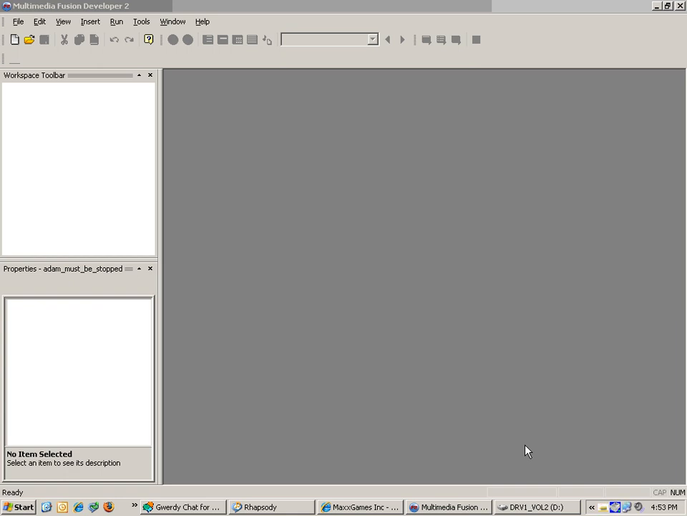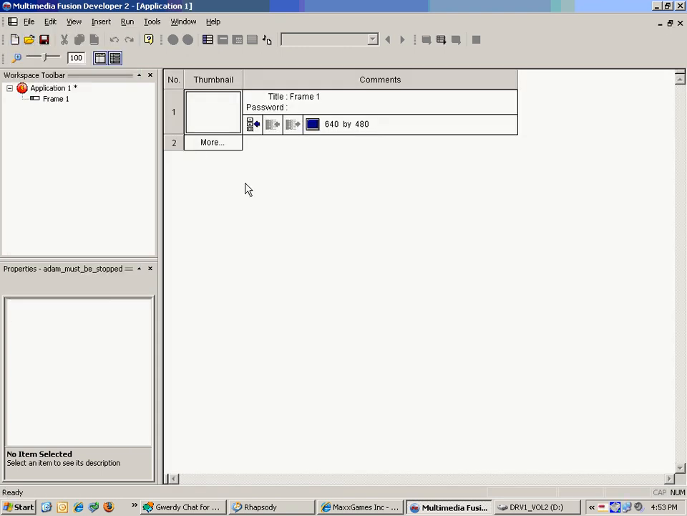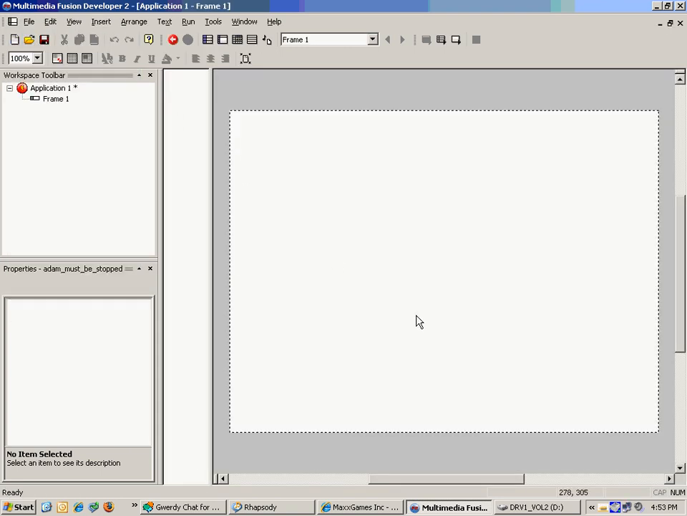Hello, this is Jeff with the Click Team, and today we are going to make a simple chat application using Multimedia Fusion 2. So let's just start a new file, and let's open up frame number 1, and let's add